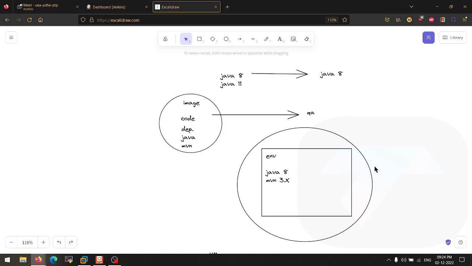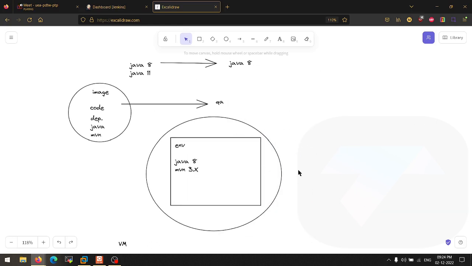Now this time, the developer can't say it's working on my system and I don't know how it will work on your system. Why? Because we are sending the whole environment directly from here to there, and the QA will be using the same environment, so there will be no errors. And again, the same image can be sent to the deployment level as well. Okay, so from the CI/CD point of view, we are going to integrate the whole environment into the main pipeline. Exactly, we can do that very easily.